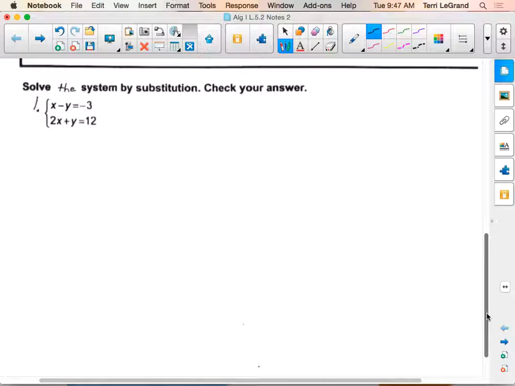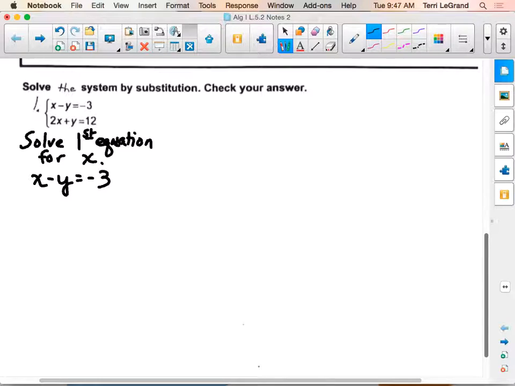Let's take that first equation and let's solve it for x. Right underneath here, let's say, solve first equation for x. In other words, that means get x alone. So we're going to write down our first equation. We're going to rename it so that it's usable for our substitution method. What are we going to do to both sides, Chase? Subtract x. No. We're solving it for x. Add y. Thanks for helping Chase out. X equals